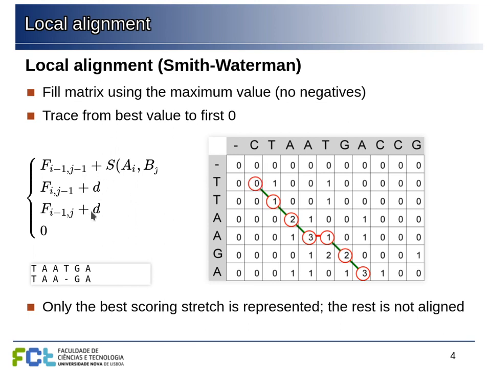But since all the possibilities are negative, we use the 0, which is the maximum here, and we set this at 0. So this is what we do to fill the whole